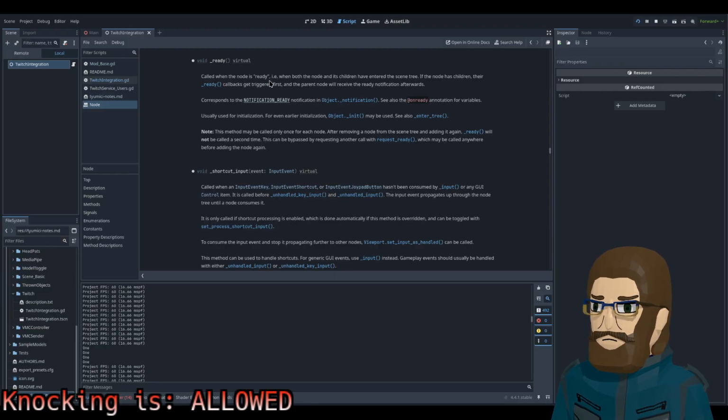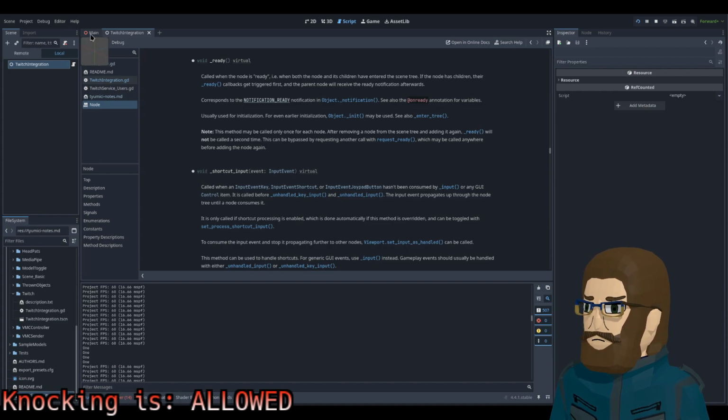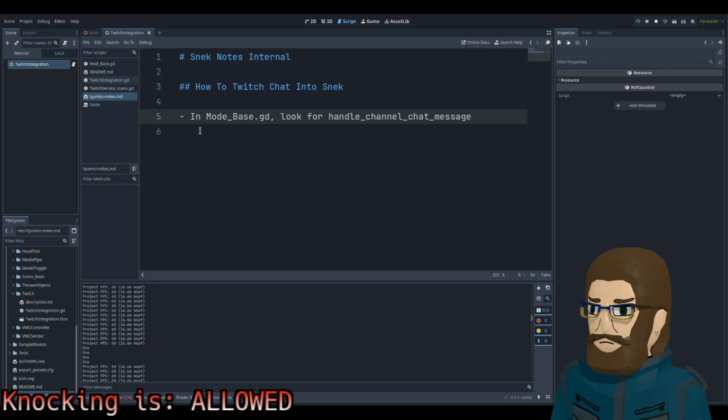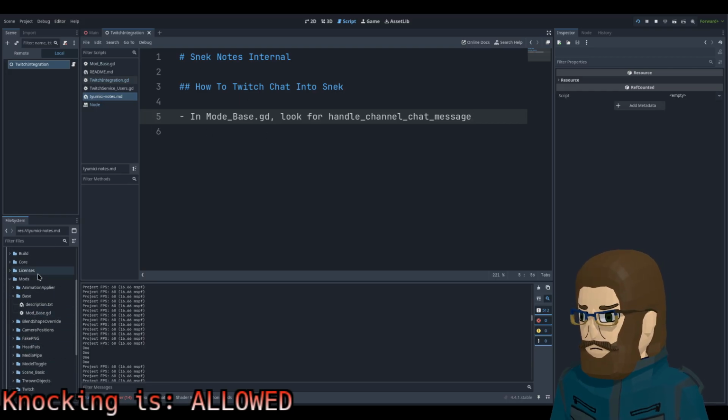Called when the node is ready. So virtual, okay. Well, I'll probably have to figure out what that actually means. The node's children, their ready callbacks get triggered first. Okay. That is probably sensible. Who am I to judge? Okay, so we have this in here, right?